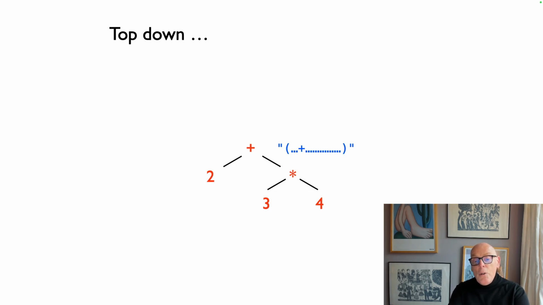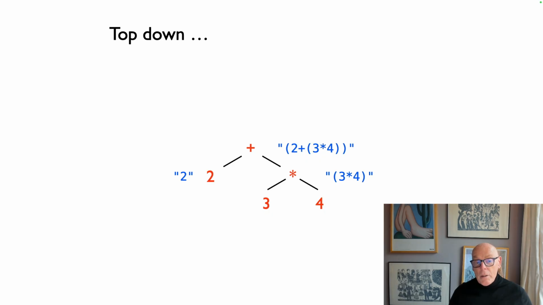And I can rely on recursion to give me the things on the left-hand side and the right-hand side. So on the left, I can immediately get 2. On the right, I will get 3 times 4. And so I can fit those in and get the answer 2 plus 3 times 4. So I can define, as long as I know how to get from the top level one level down, that will allow me to